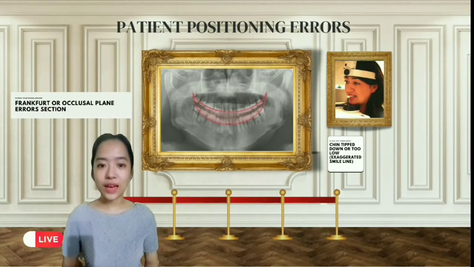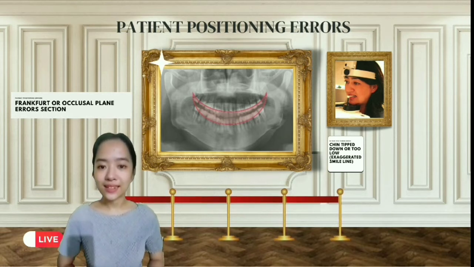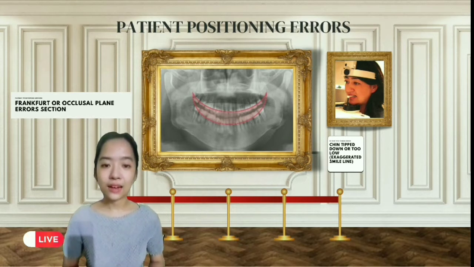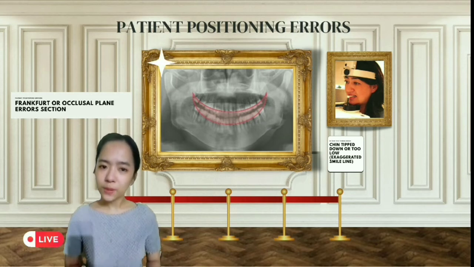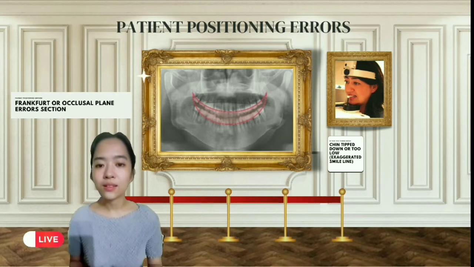On the other side, we have the radiographic error when the chin is tipped down. If the patient is positioned such that the chin is too low or is tipped down, as presented in the photograph to your right, the Frankfurt plane is angled downward, thus oppositely producing a more exaggerated smile line than normal. In this error, several key points are that the condyles are positioned higher on the image,